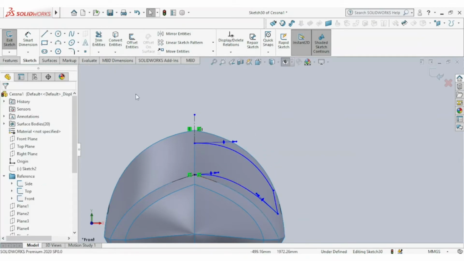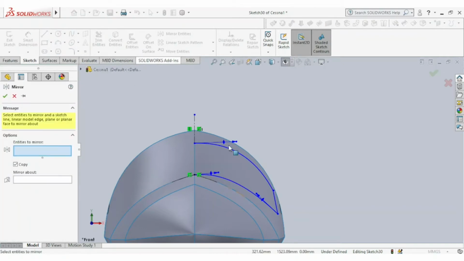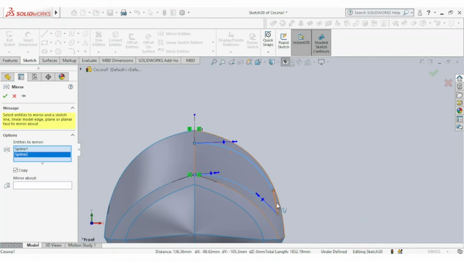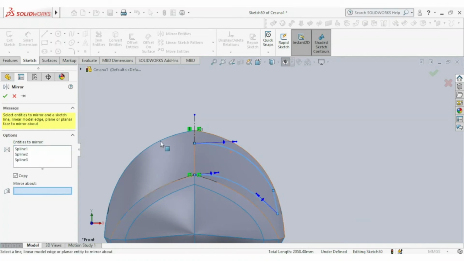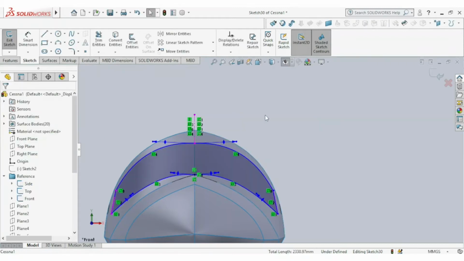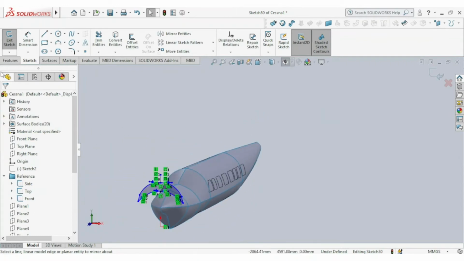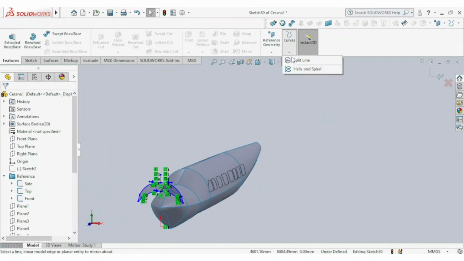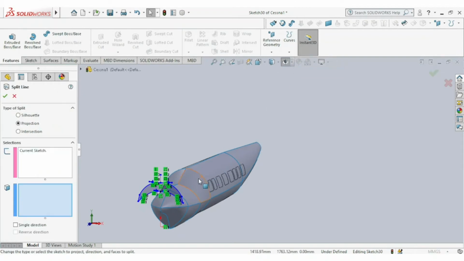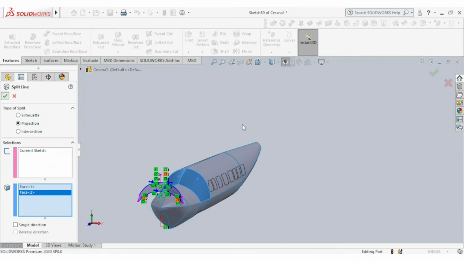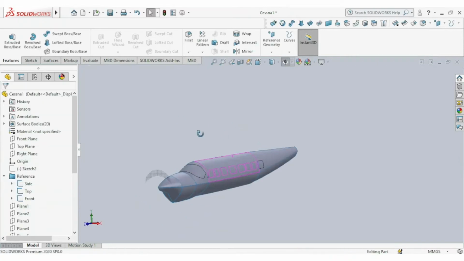Okay, go to mirror entities, select items to be mirrored, select construction line as the reference, and go to split line, select the two faces. Okay, that's fair enough.